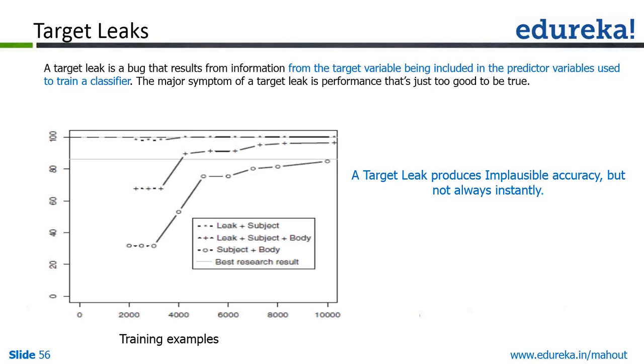So when you are making a model and you have selected some of the predictor variables, what you are doing in those variables is providing a feature so that your output is always matching with the target variables. So how can this happen? First of all, you should not do this, but by mistake also it can happen. So let's say our